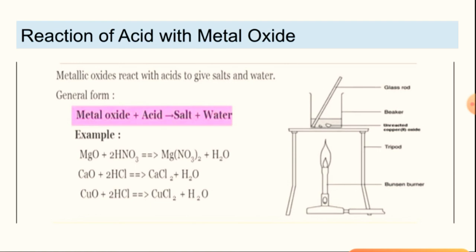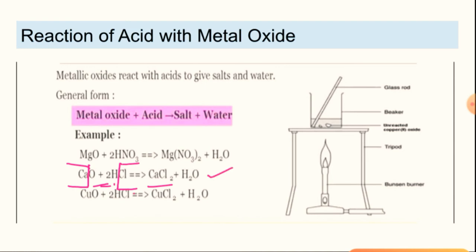The same thing is happening which we have done in the acid-base reaction. Again, look at another example, calcium oxide and hydrochloric acid. Calcium as a cation from the base and chlorine as an anion from the acid will react together to form calcium chloride, and H and O will form H2O.